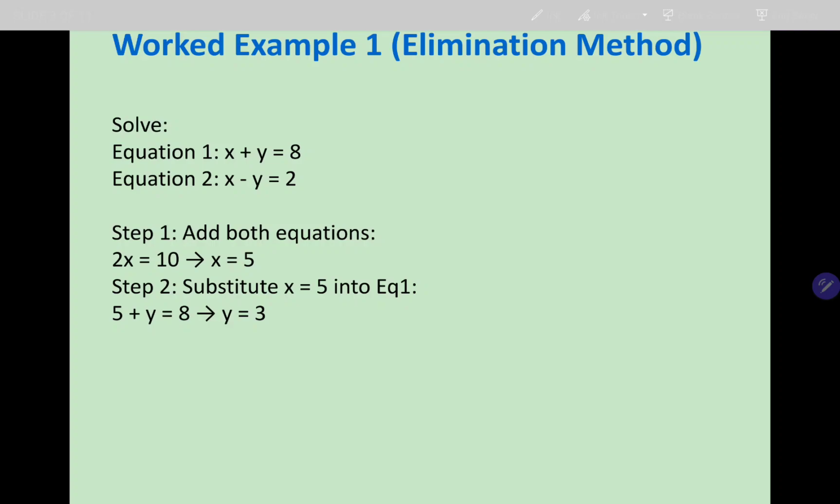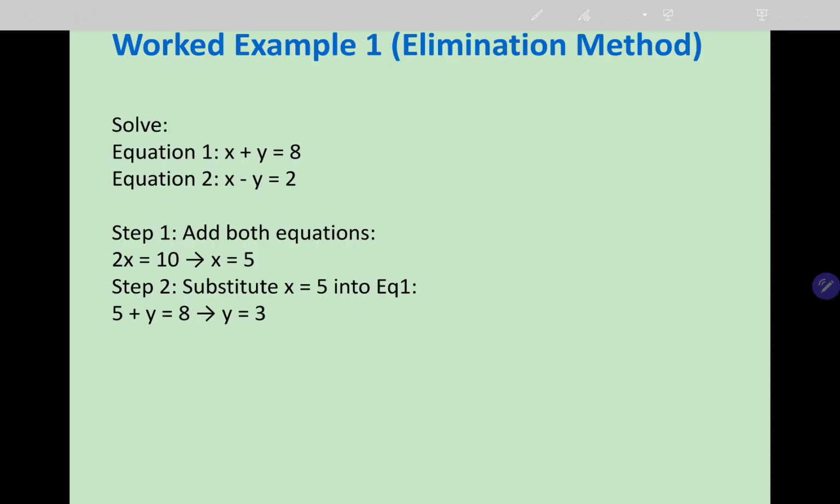But for this class, we'll be looking at the substitution method and elimination method. We all arrive at the same answer using whatever method you like. So we look at example 1, elimination method. By elimination method, since we have two variables, we try to eliminate one of the variables right away and work on one variable first, then apply your solution from that variable in one of the equations,